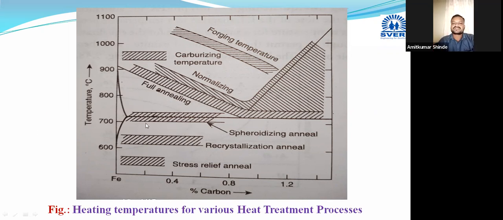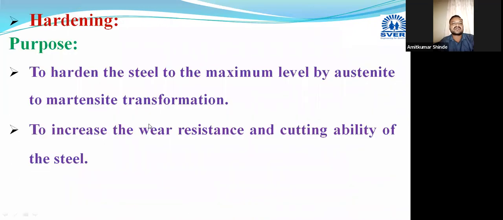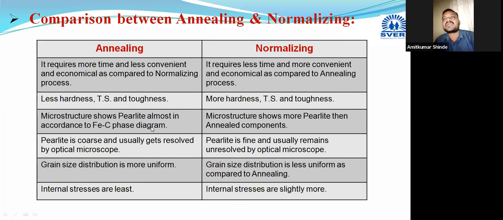In this session we have also discussed the types of annealing. Now we will see the comparison of the annealing and normalizing heat treatment processes. In annealing, the cooling is done in the furnace itself. It requires more time, and as it takes more time, it is less convenient and uneconomical compared with normalizing. In normalizing, the cooling is done in the air medium, meaning a little faster cooling occurs, hence it is more convenient and economical compared with the annealing treatment process.